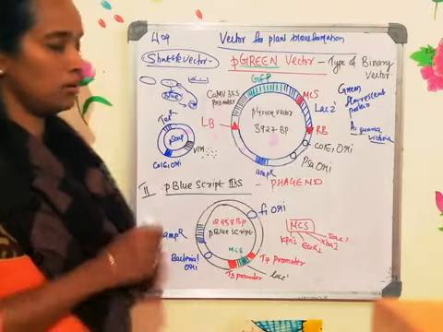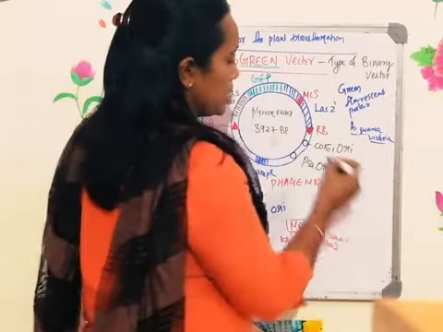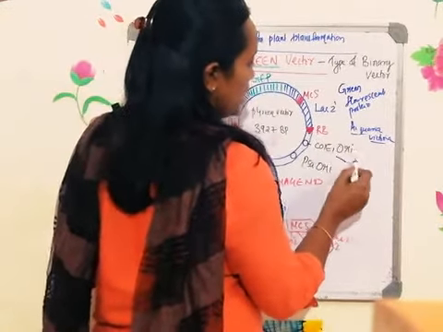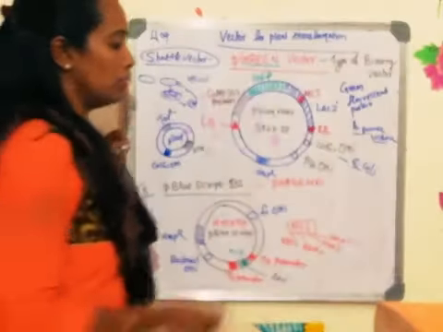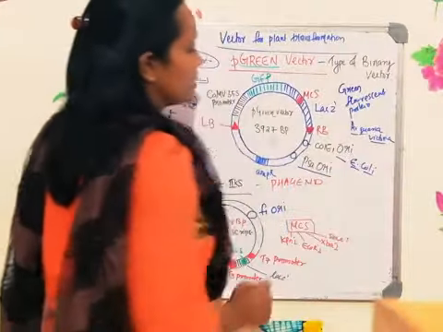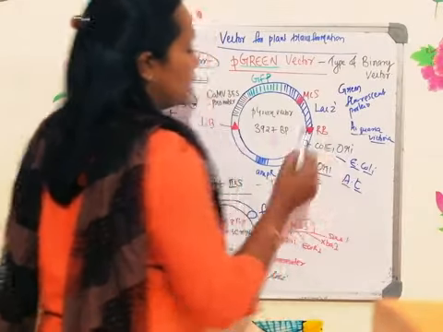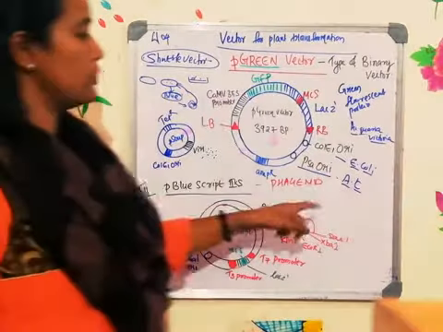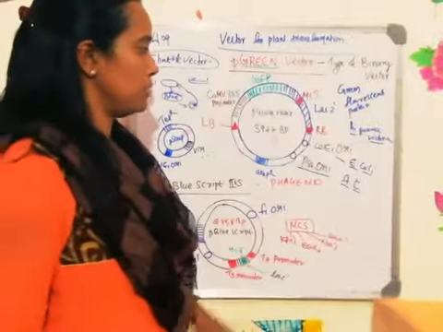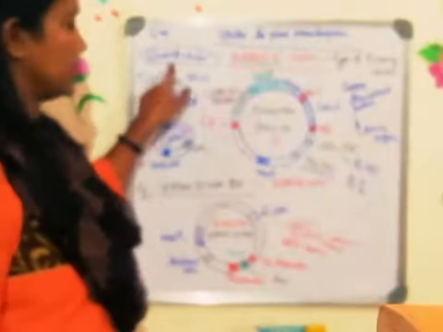E. coli col-E1 origin of replication, that is for the replication of this particular vector in E. coli. So this is an E. coli origin of replication, col-E1 origin of replication. Another one is the PSA origin of replication. This is for the Agrobacterium tumefaciens. PSA is a plasmid origin of replication. So PSA origin of replication is for the Agrobacterium tumefaciens. So it has two origins of replication, thereby it is called a shuttle vector.